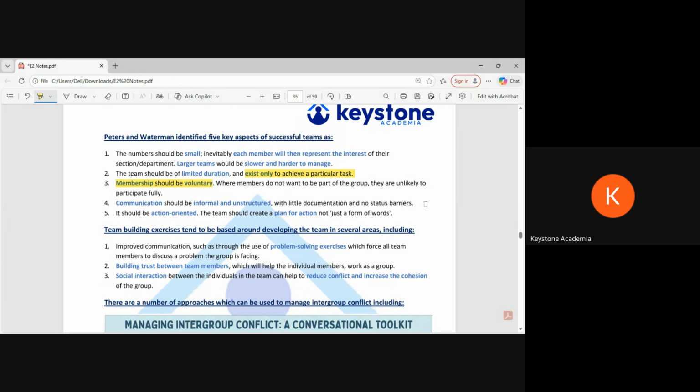Loyalty among the team members, you mean the trust? Exactly, the trust. Okay. If they know each other already, I think it will come. But imagine if it is the first time they are working together. Yeah, it will be hard, of course, but definitely it's the team leader's responsibility to bring it to a certain level so that the task is achievable.